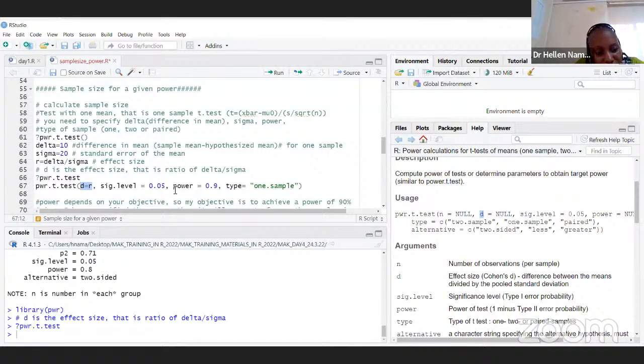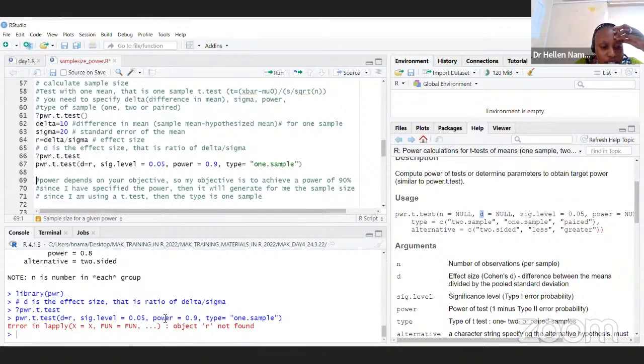I left my significance level at 0.05. The power is 0.9, but it can change. Most of the time it is 80% and above. And in case I'm considering only a one sample size, also remember the trick is that in case you've got the power, automatically you're able to determine the sample size. But it can also be the other way around. In case you've got N, R can give you the estimated power that you can apply. So if I'm to consider a one sample and I run this line,